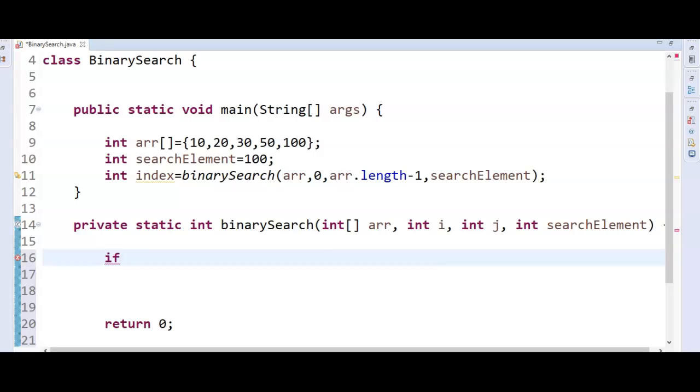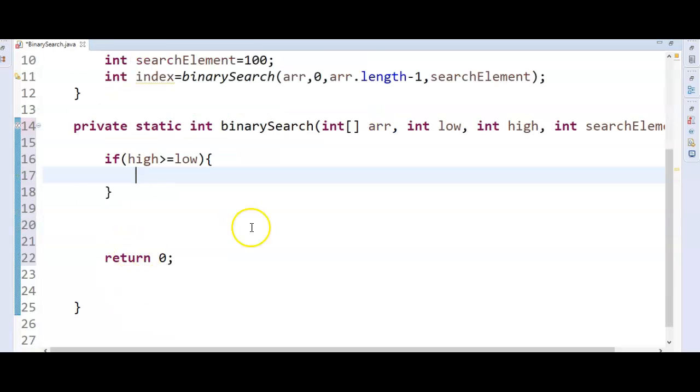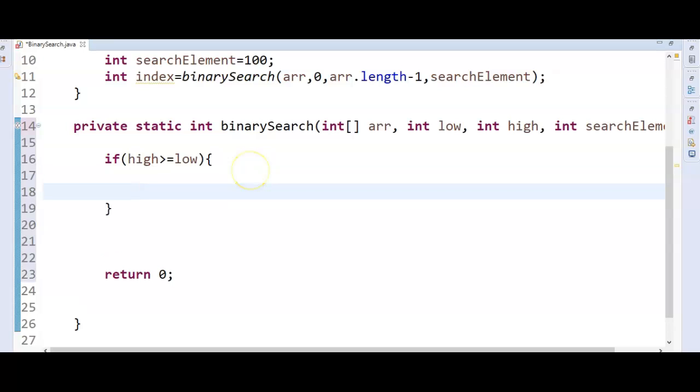Instead of i and j, for easy understanding I'm saying low and high. The condition here is always that high should be greater than or equal to low. So if high is greater than or equal to low, we need to calculate mid. What is the mid value here?